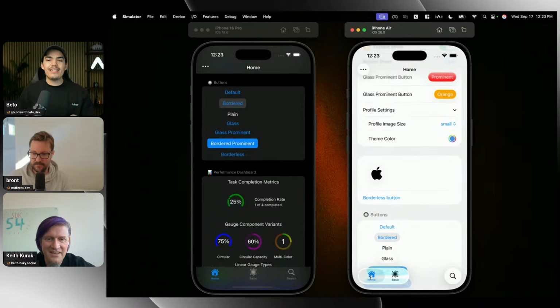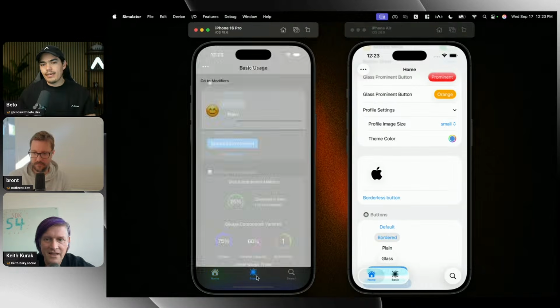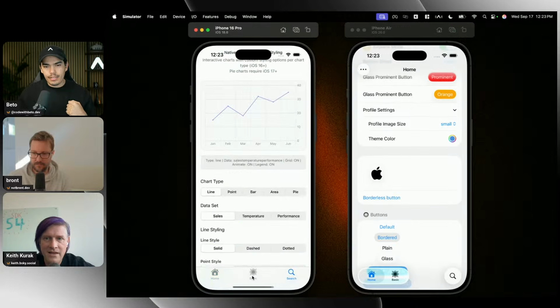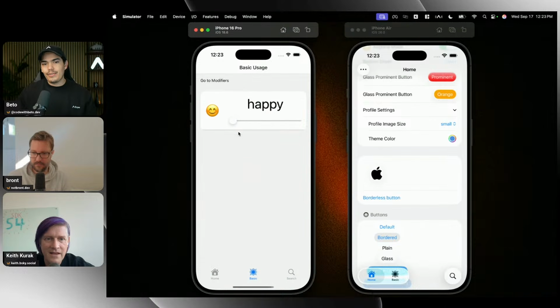So you've seen this maybe in the new GitHub application and Apple Music. Really nice UI, I think. Looks really nice. Fully compatible, and this is how it looks on older versions, like this. And just to show you, I also created this